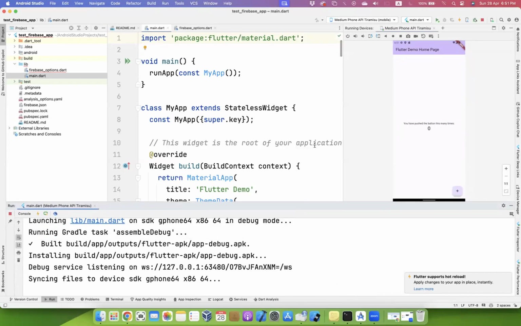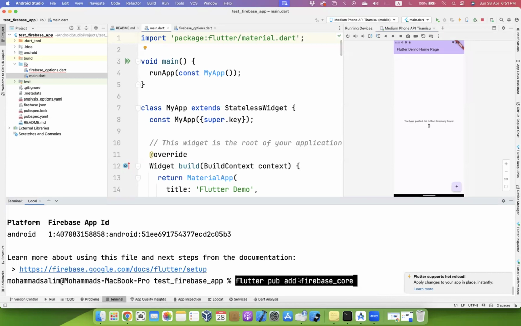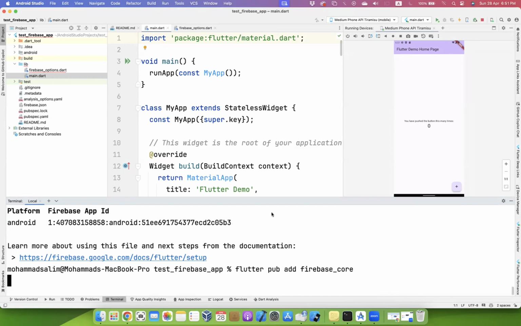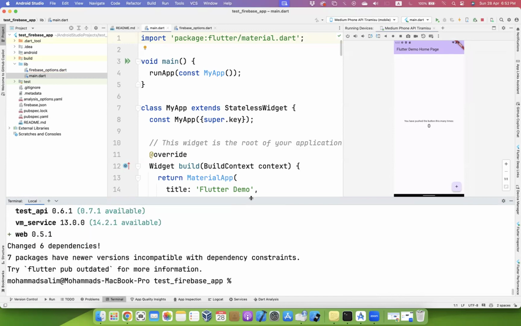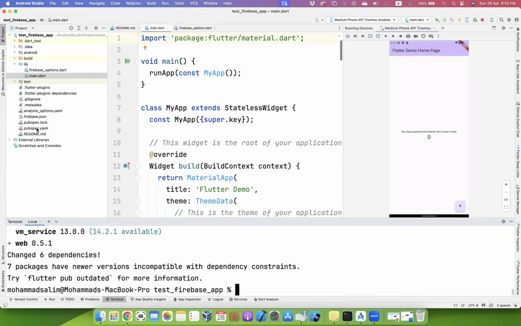Okay, the project is working very good. This is the new project. I will go again to the terminal. I will call this time flutter pub add. Which package do I want to add? Firebase core. After you add it, you will see it's updated automatically to the